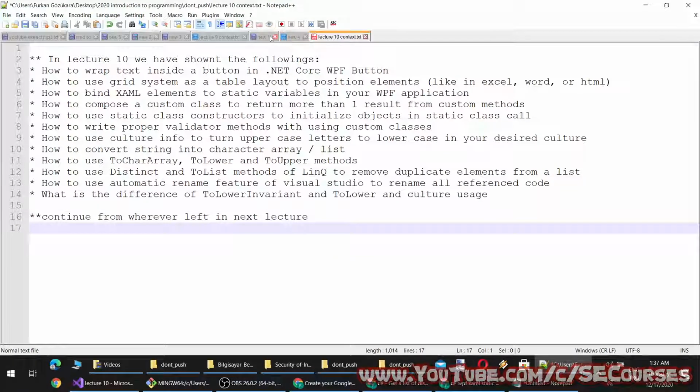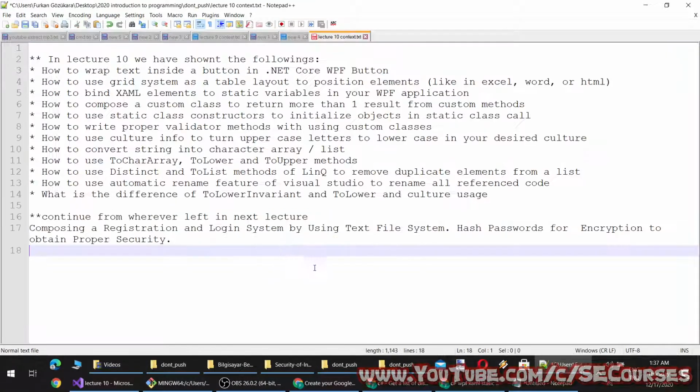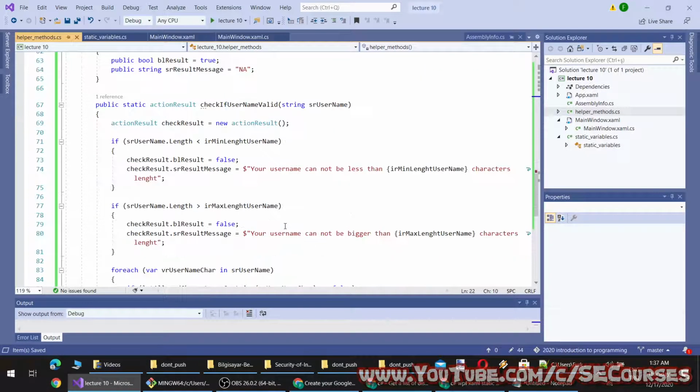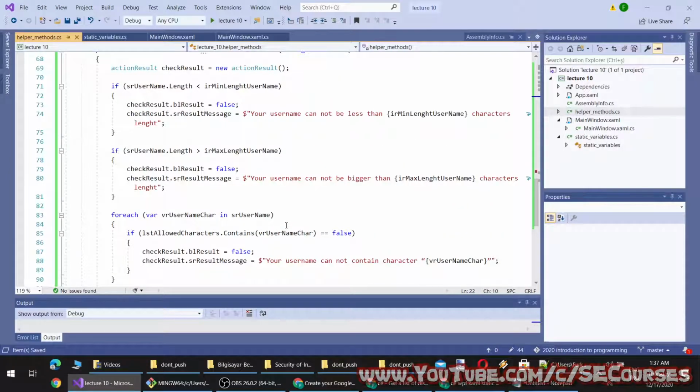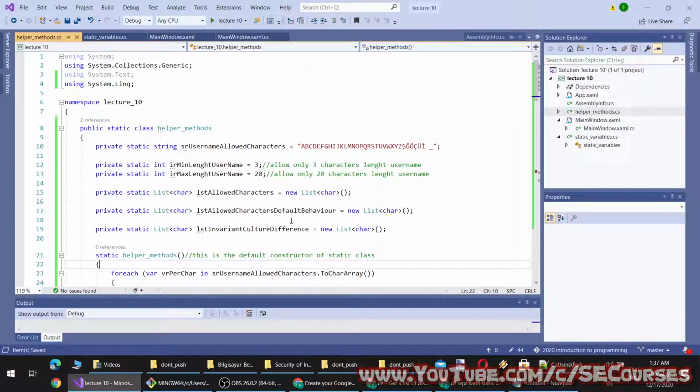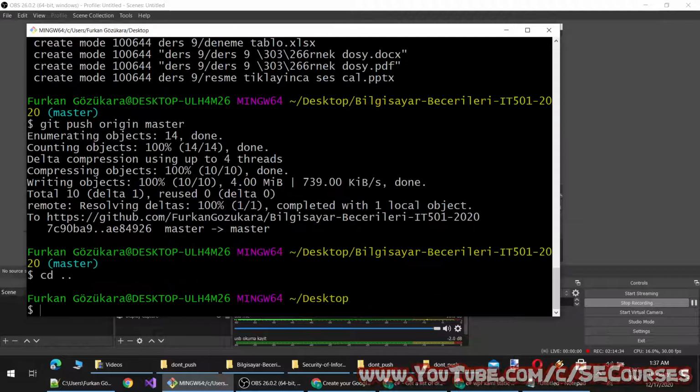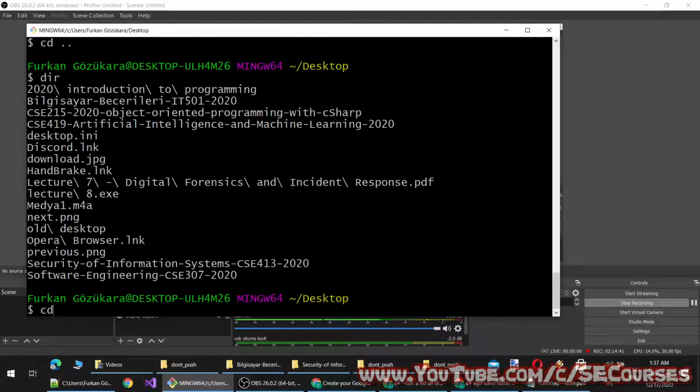I'm taking my notes for the lecture. Okay, I think there is nothing else we have missed to show or write. Okay, let's upload our source code. If you don't understand any part of this lecture, please ask me through email or from our Discord channel. I prefer our Discord channel so everyone can see your question and learn from the question and answer.